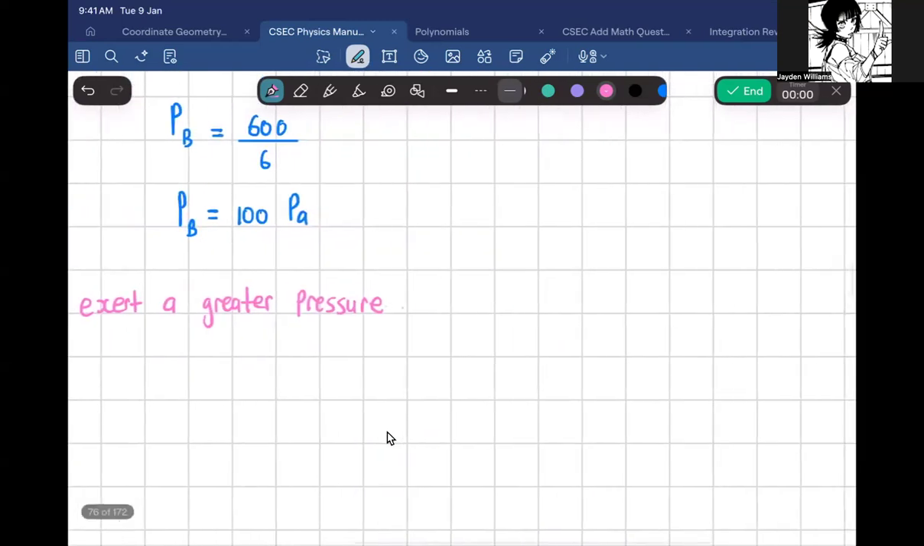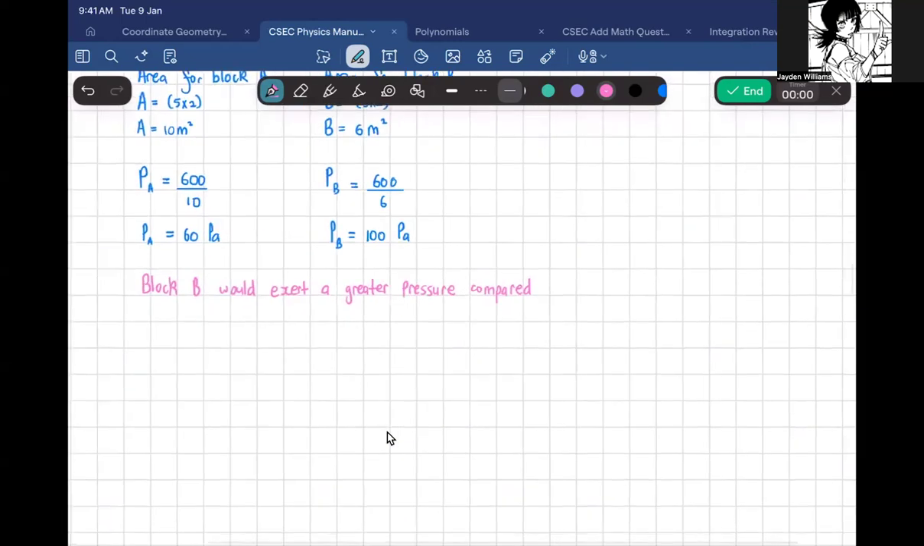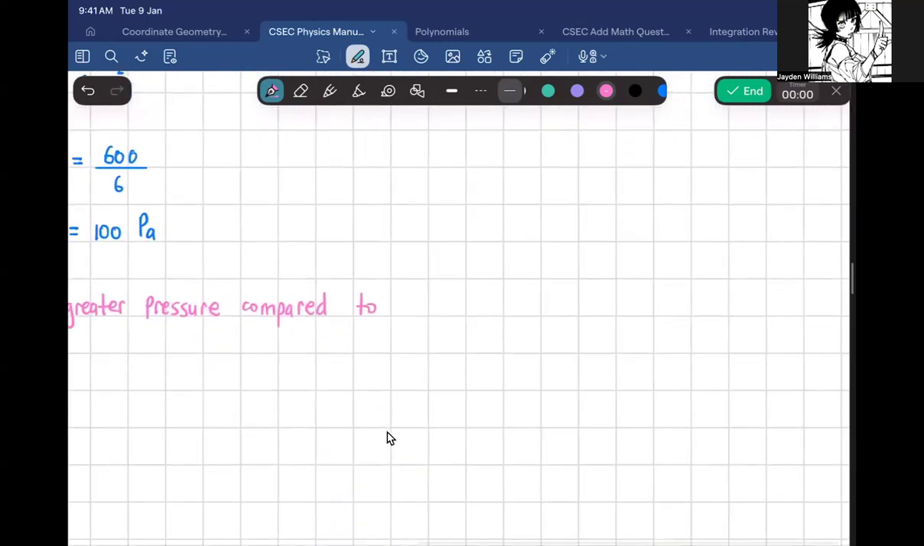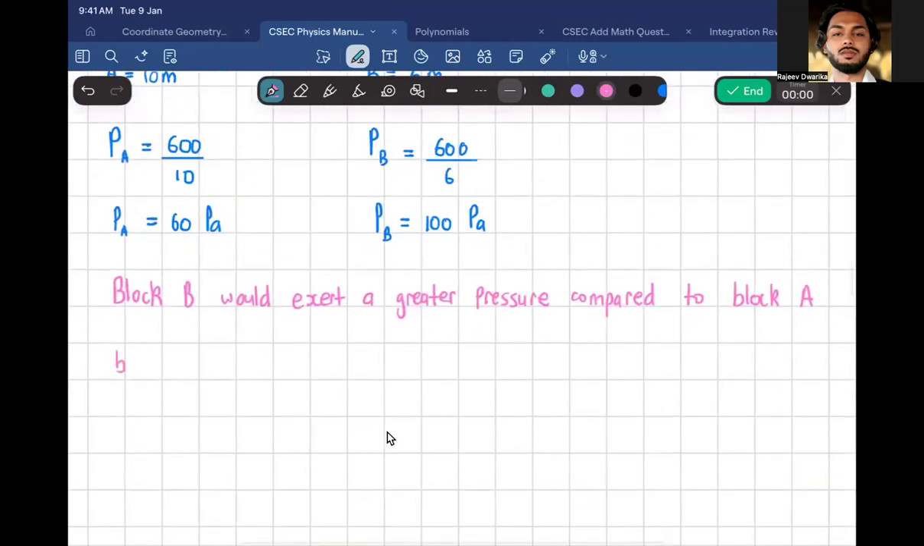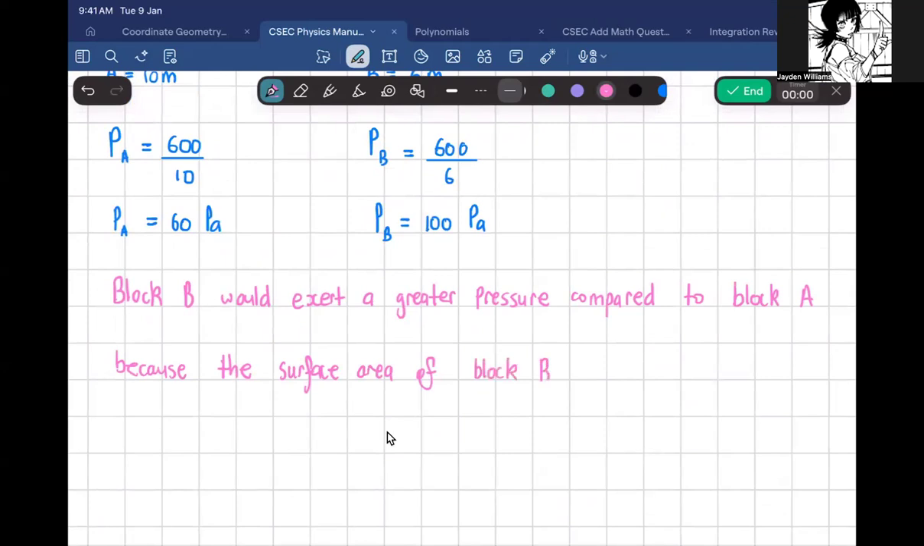So block B would exert a greater pressure compared to block A because the surface area of B is less than